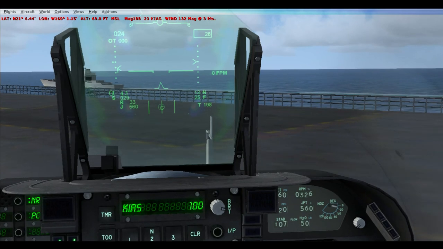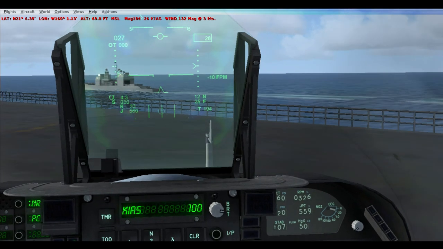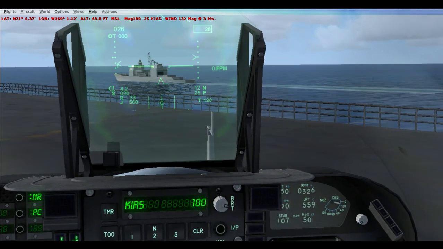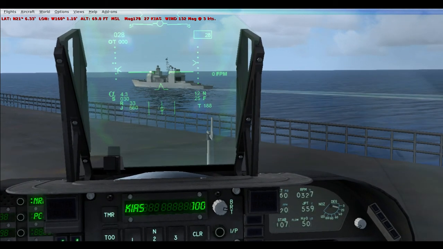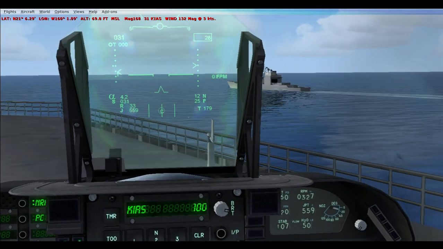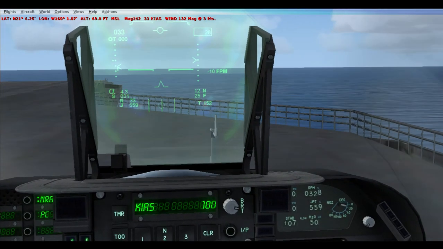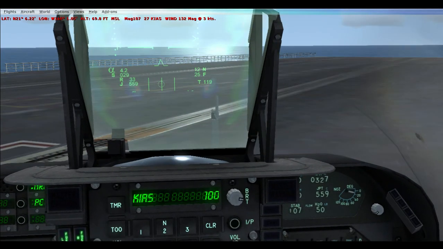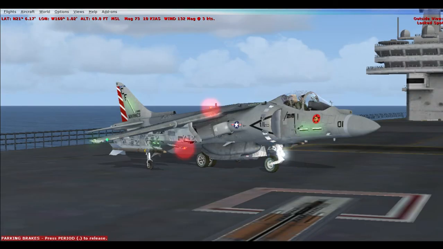This is an elevator. Basically here I'm not allowed to park the plane unless I want to go below deck. Also, we won't be parking on top of the steam catapults. That's a bit of a bad idea. Parking brake is set. Let's go to the outside view and let's have them push us back to the